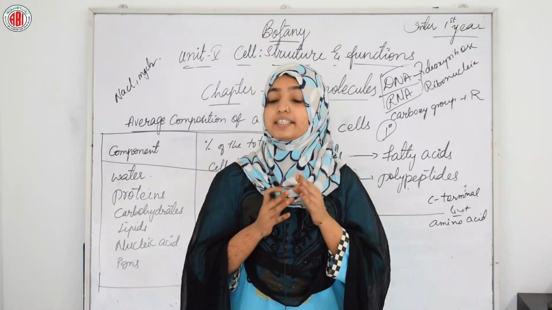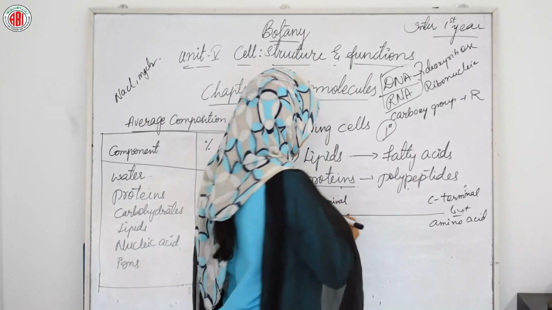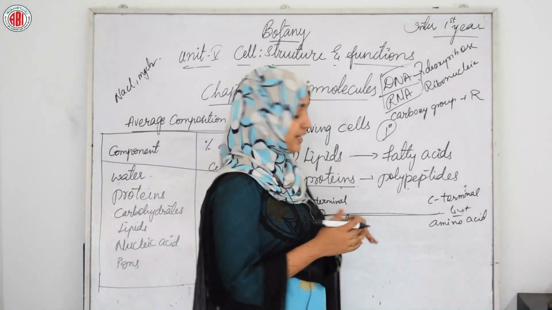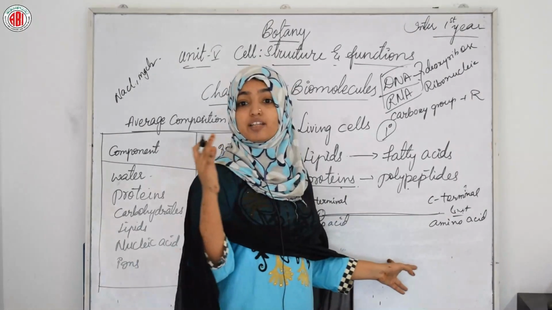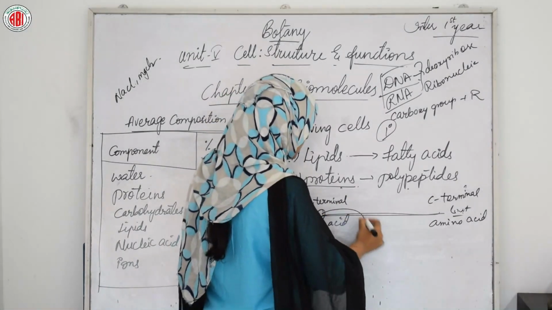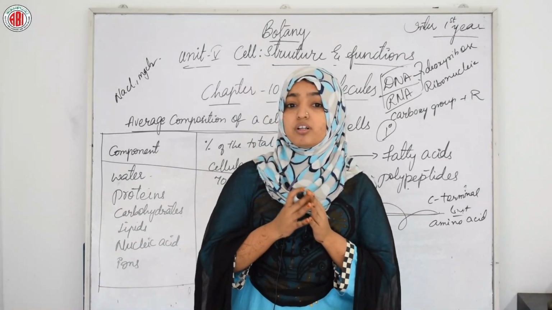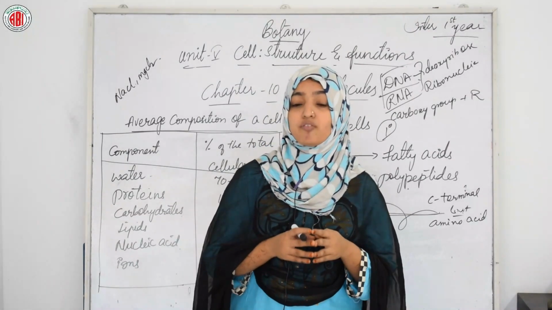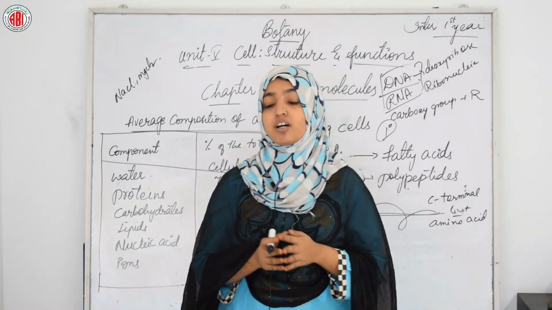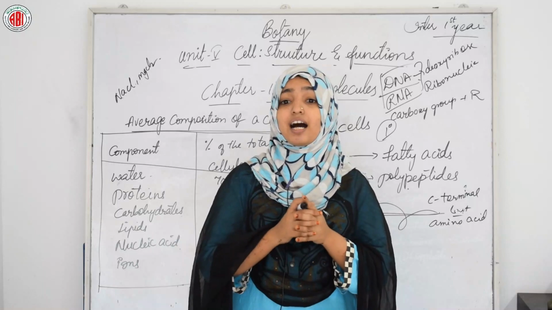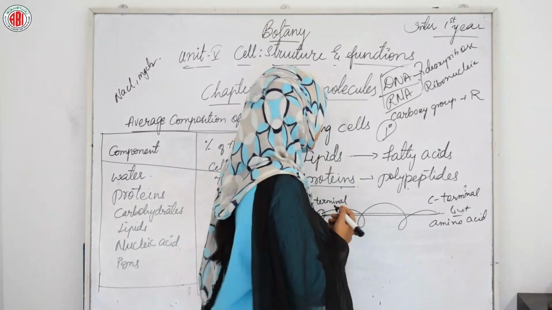A protein thread does not exist throughout as an extended rigid rod. So it cannot be in a straight line, we can say. It is not in the form of a rigid rod. So the thread is folded in the form of a helix. Helix in the sense a spirally coiled structure will be present. Of course, only some portions of the protein thread are arranged in the form of a helix. In proteins, only right-handed helices are observed. Other regions of the protein thread are folded into other forms in what is called the secondary structure.